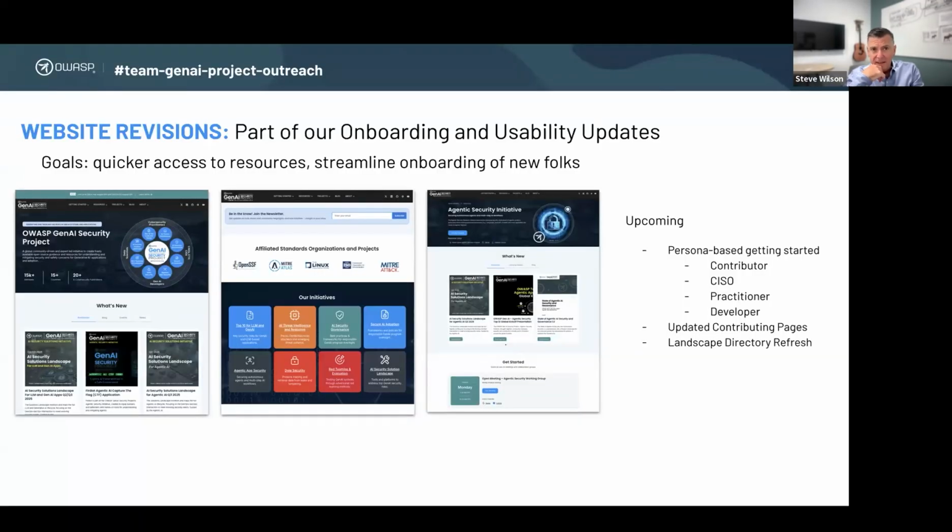Let's see. I didn't see Scott on yet. Scott, are you here? All right, well, Scott put in slides, but let's just go ahead and do this. One of the things you all may have noticed is some rather dramatic updates to the website. The WordPress site has way better performance, but also a lot more new structure, a lot more of it better aligned with the new governance structure.